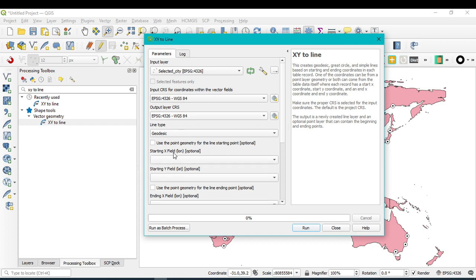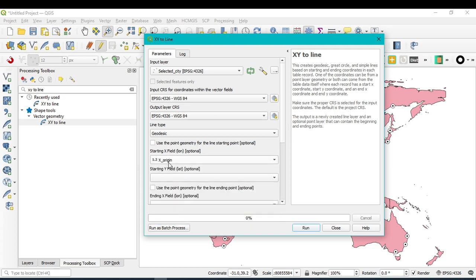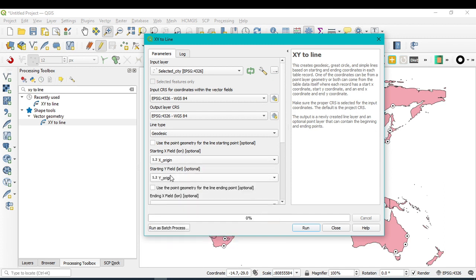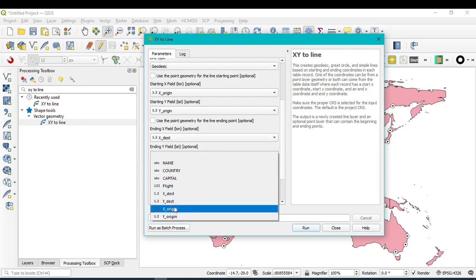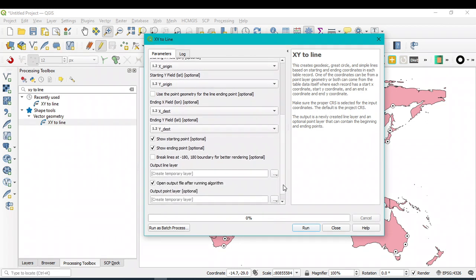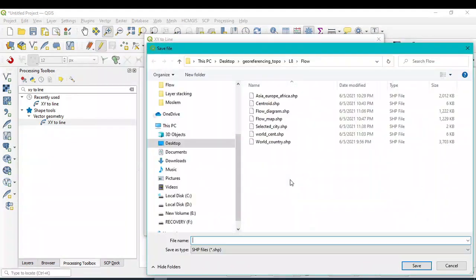You should select the starting X field, that is X origin, that means Delhi X coordinate and Delhi's Y coordinate. Okay, X origin and Y origin. And after that, the ending X field, that means destination X and destination Y. So all fields we have selected, and after that you should save this file.